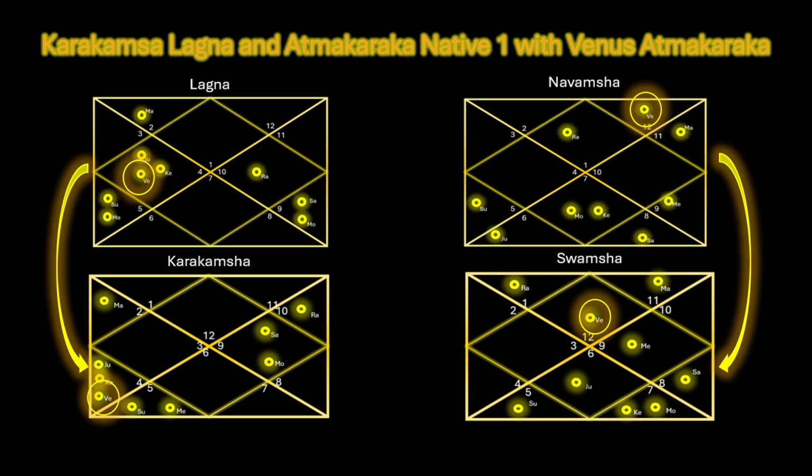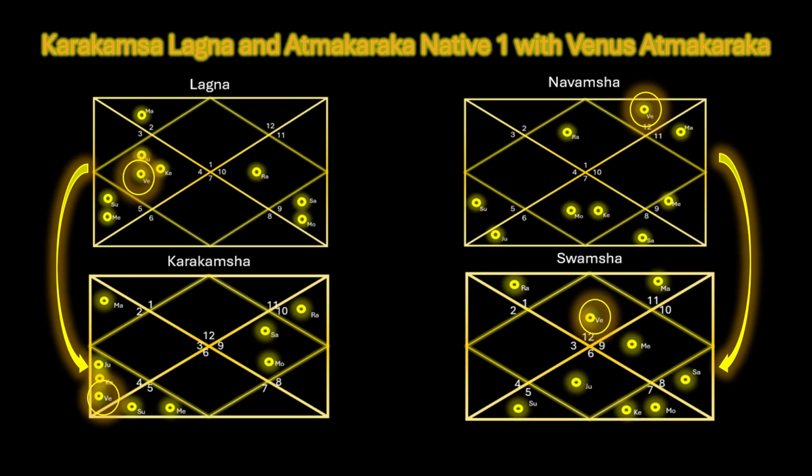So if you see over here, in the Lagna chart, we first find the planet with the highest degree. Now this will be different for every planet and every individual. So when you are looking at your Lagna chart, there will be a grid at the bottom giving all the planets and their degrees. A degree can span anywhere from 0 to 30. However, the highest degree would be either 29 point some minutes and some seconds, or 28. So this is a planet that would be the Atma Karka.